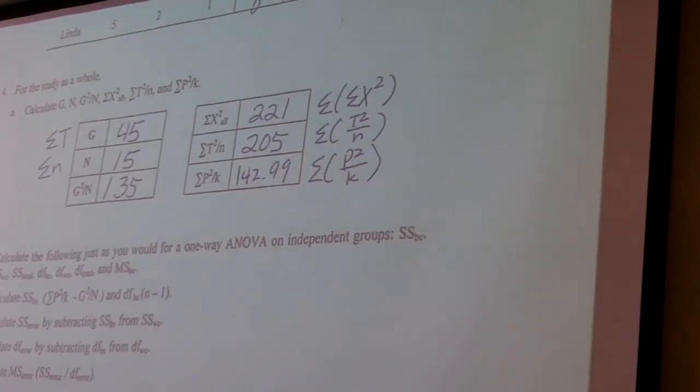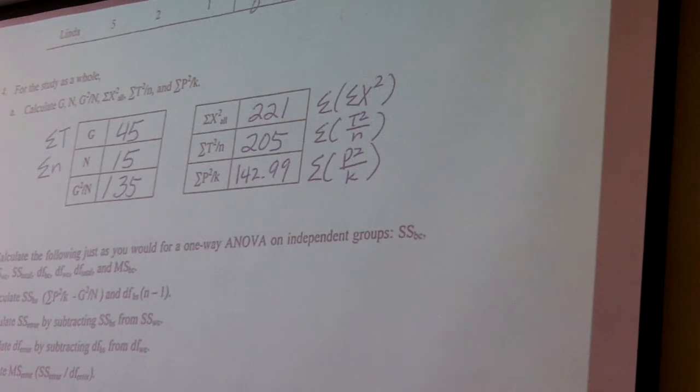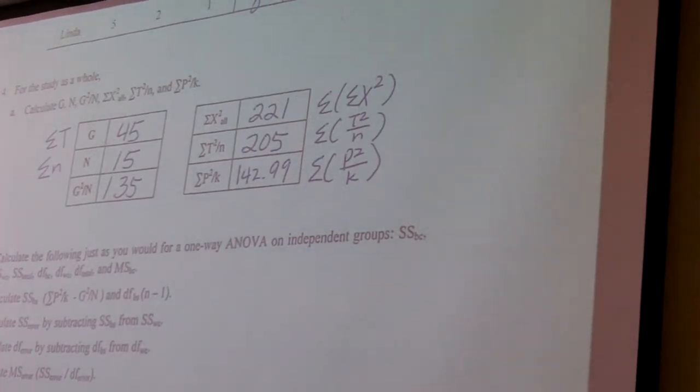142.99, I have a vote. And people are always like, can't we just round it? No. You can't. You have to keep it to 2 decimal places. In the end, it's not going to matter. But do it anyway. Okay? So it's